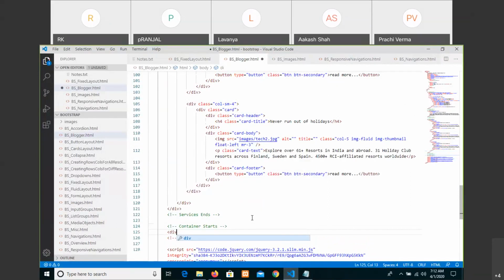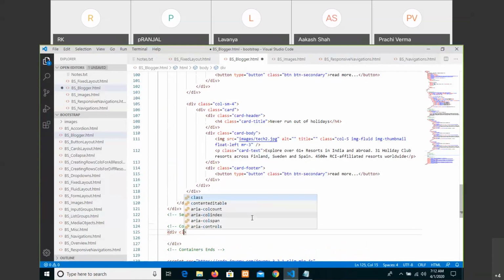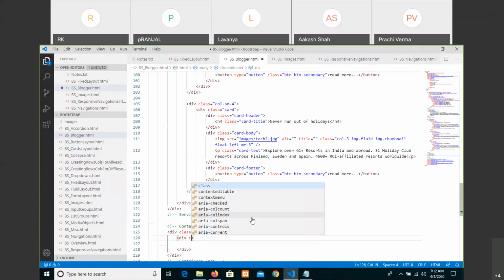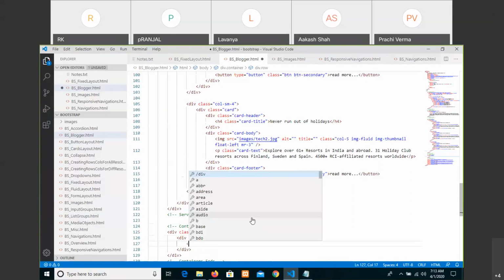Write a div class container. Inside this, we want three columns. First of all, we need to write a row. Then only we can create columns. A row, then